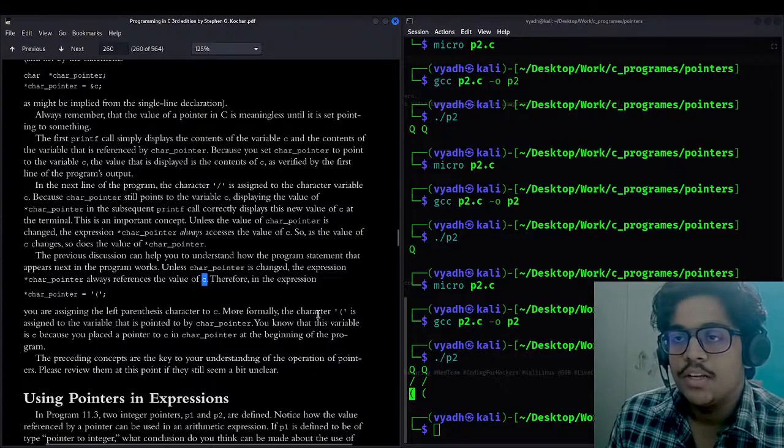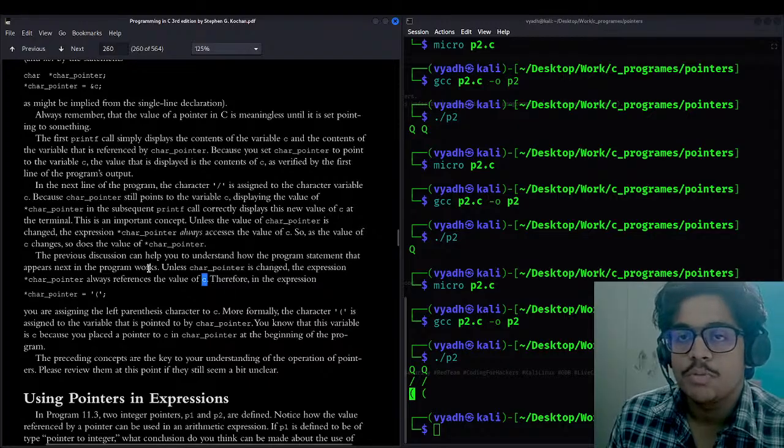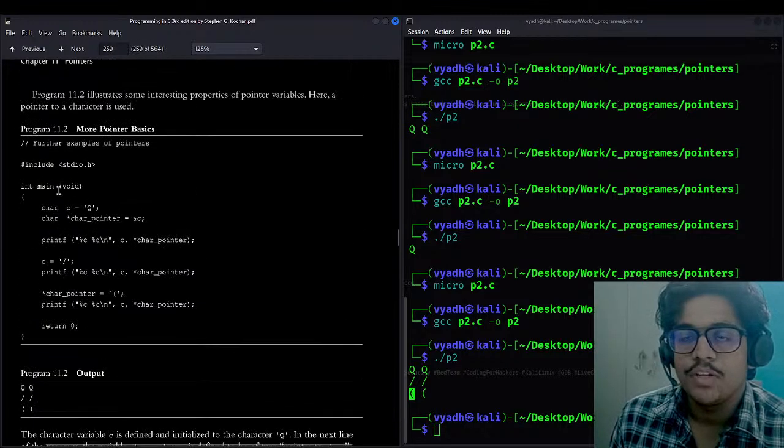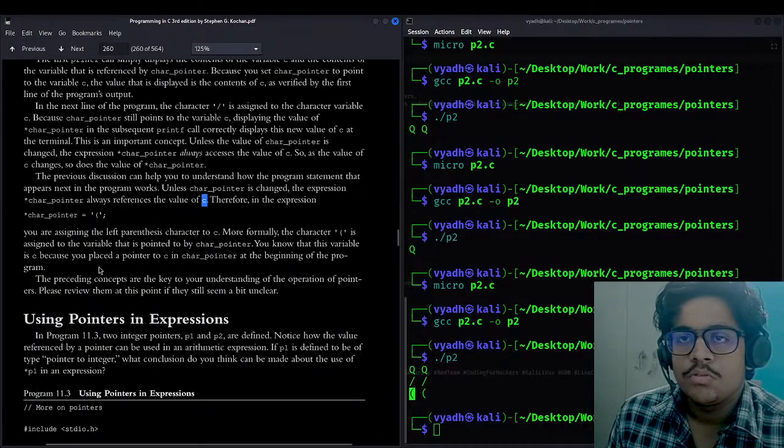More formally, the parenthesis character is assigned to the variable that is pointed to by the character pointer. You don't need to specifically write variables like char pointer; it is just for ease of programming, and you can use another variable in place of this. So you are assigning the left parenthesis, done.